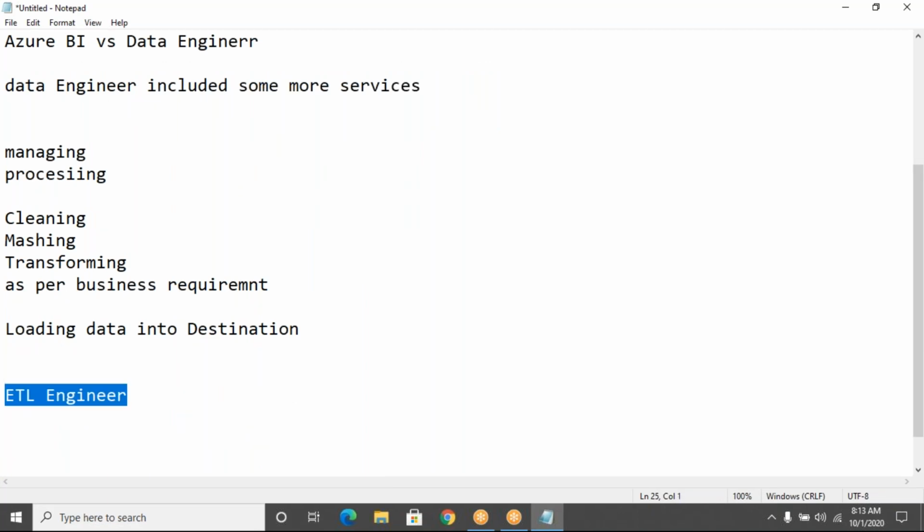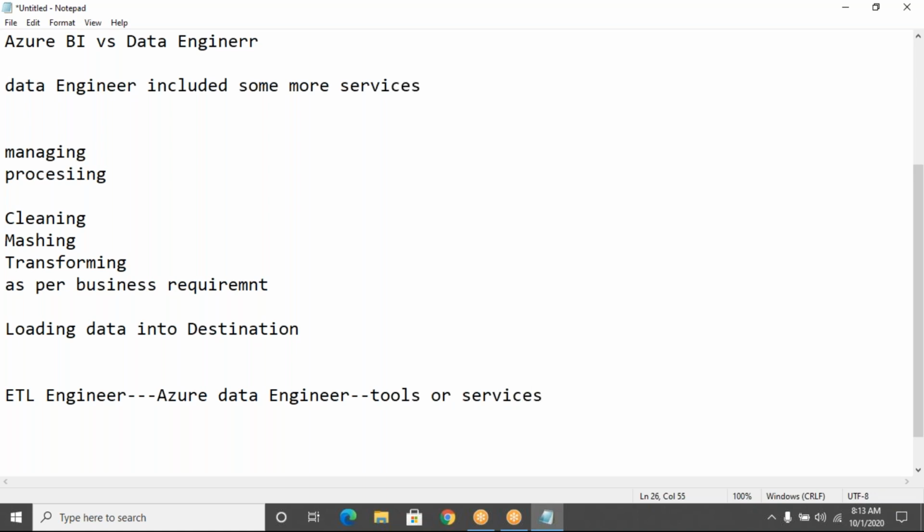The role of the Azure data engineer is, by using the tools or the services available inside the Microsoft Azure cloud, he has to perform data cleaning.